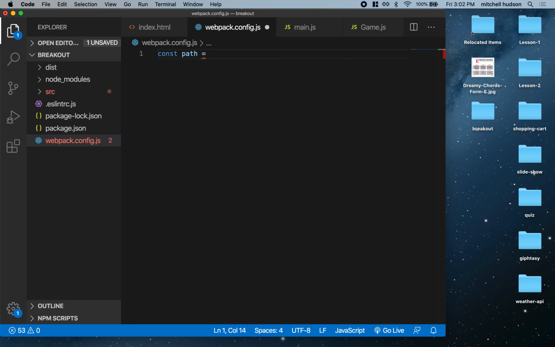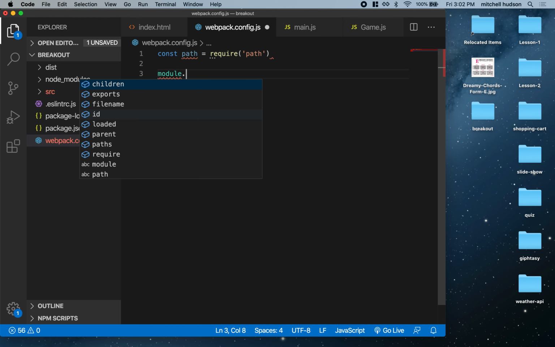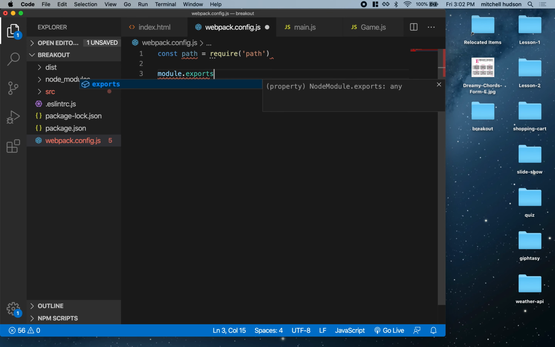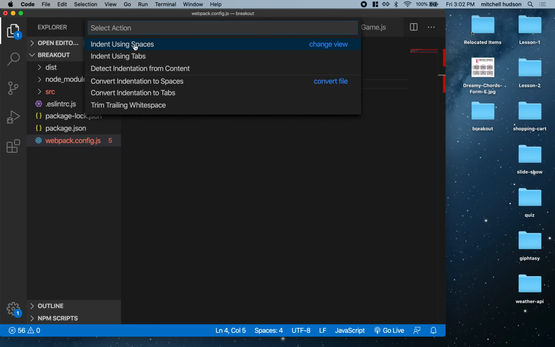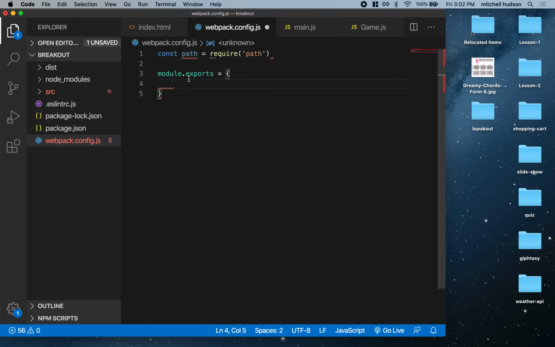So what we want to do is we want to say, const path is require, and then we want to get path, and then we want to create a new object. So we got to do like module.exports equals, and then we're going to make an object here that we export. Let me actually set the spacing here to 2 spaces. And the export or the config file here is going to say